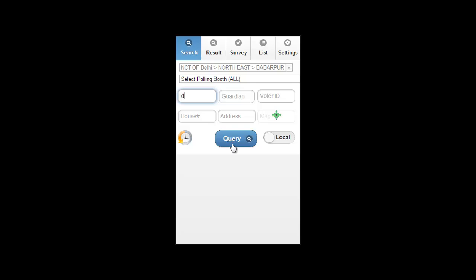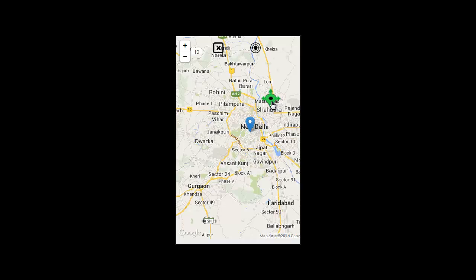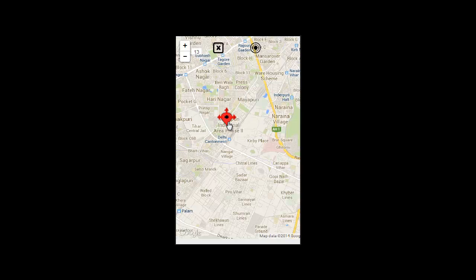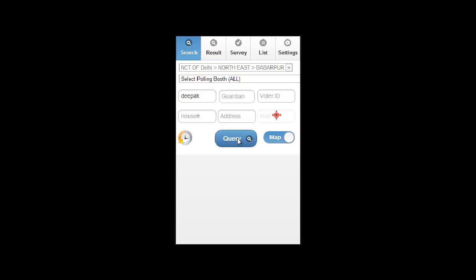Say let's put, say, Deepak. We could search the voter at a location where we are, so all the Deepaks around where we are would be listed. Or if we want to find out these Deepaks at a particular location in map, we can just select this map and click, and this pointer can be moved around to a place where we are interested in finding these Deepaks. I just located this pointer to say this Mayapuri or whatever, and I query,